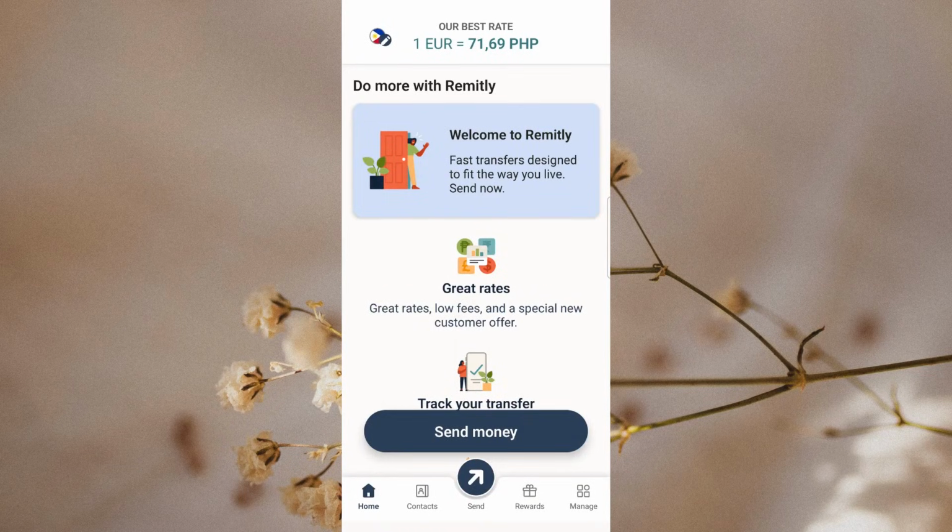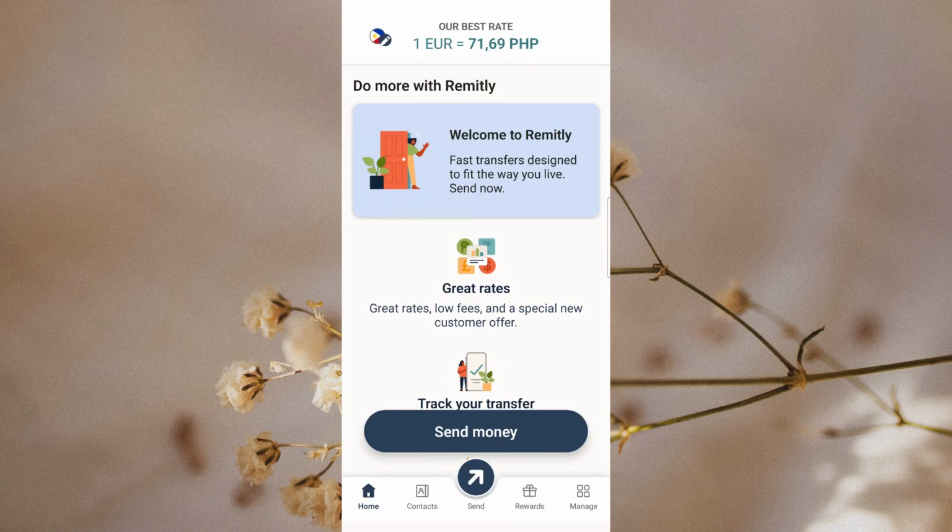In today's video, I'm going to teach you how to send money to Uzbekistan on Remitly. To get started, the first thing you need to do is open your Remitly account. If you already have the app installed, simply launch it and sign in. If you're using a browser instead, open the Remitly website and access your account from there.